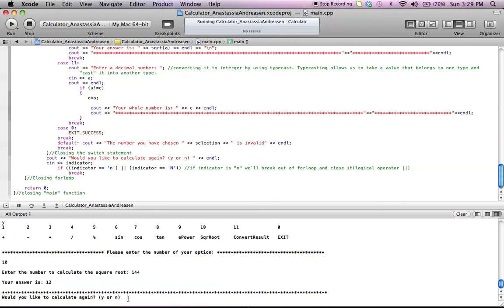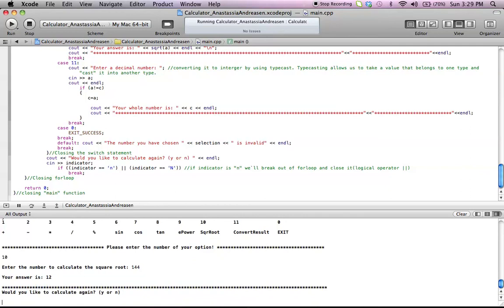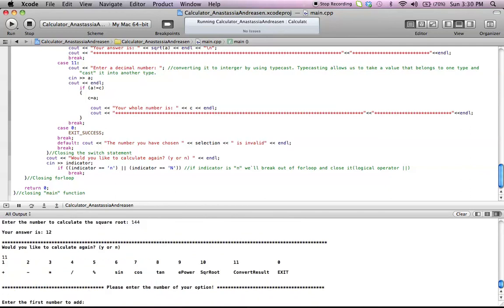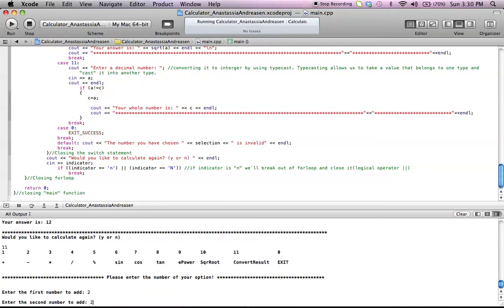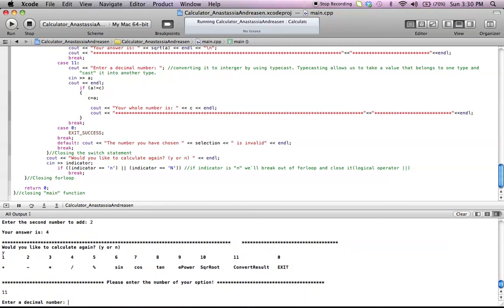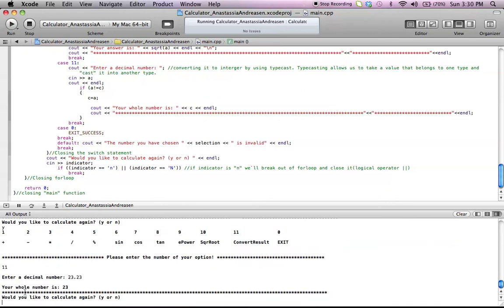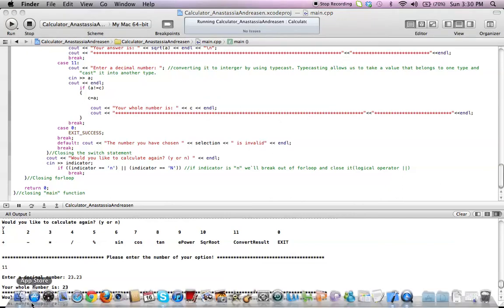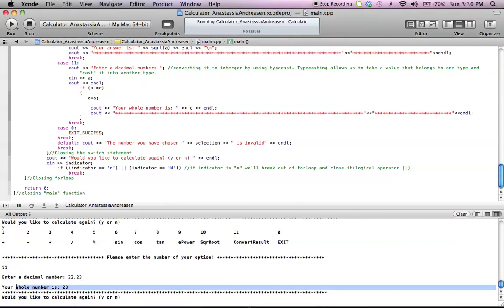Let's try it. 11. Oh, too bad, that's not true, because I put please enter the number of your option, and the number of option is 11. Enter decimal number 23, and your whole number is 23 right over here. That works. And case 0, I just wrote exit success,